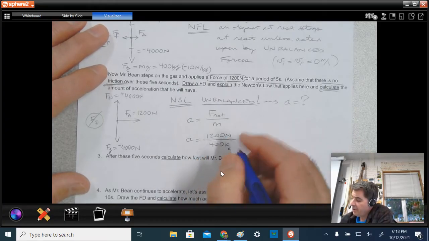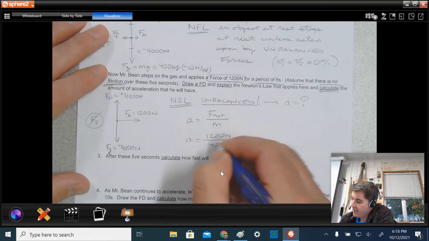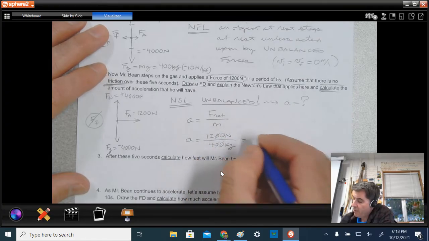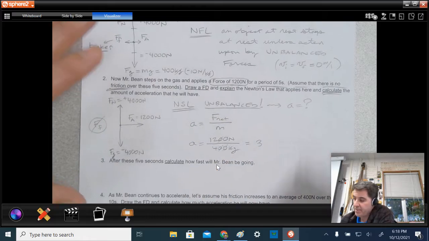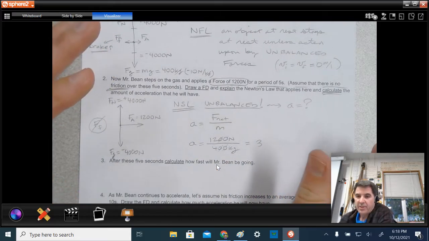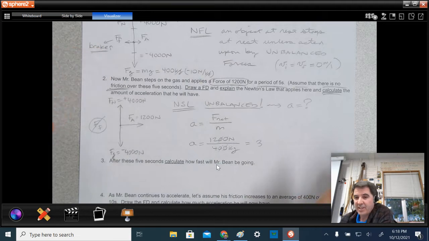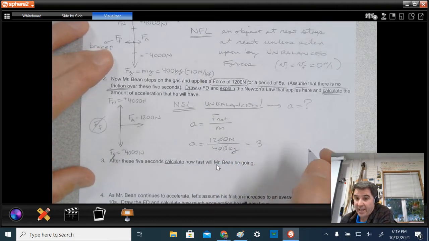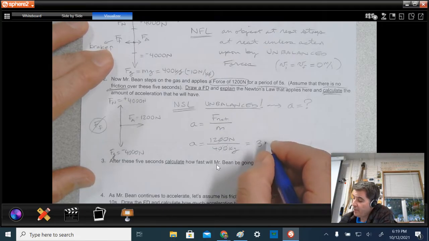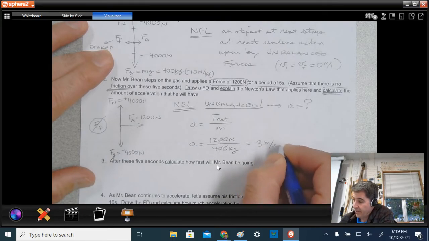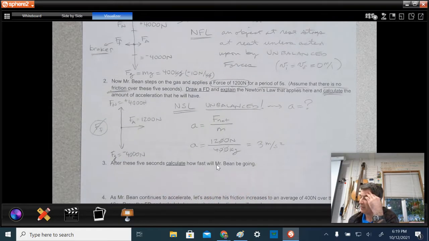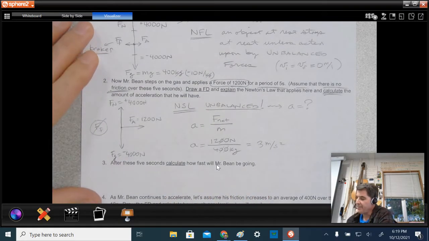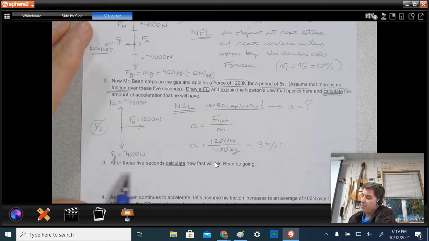And 1,200 divided by 400, I can cancel out these zeros, and I get 12 divided by 4 gives me 3. And you would think, okay, it's newton kilograms. Now remember, the units of newton is actually kilogram meter per second squared. So the kilograms actually cancel, and you get what you thought you should get, hopefully, which is 3 meters per second squared is my answer for acceleration. All right. Not quite done with this question, because it says